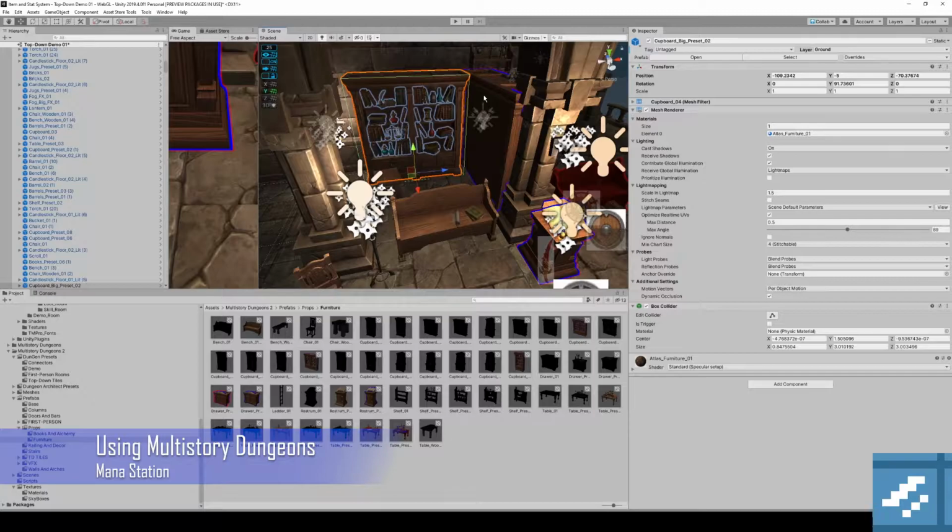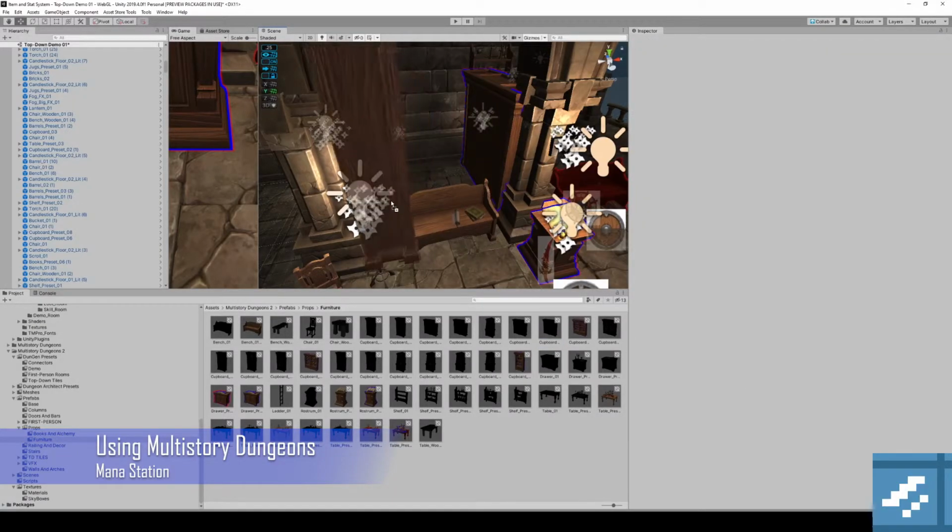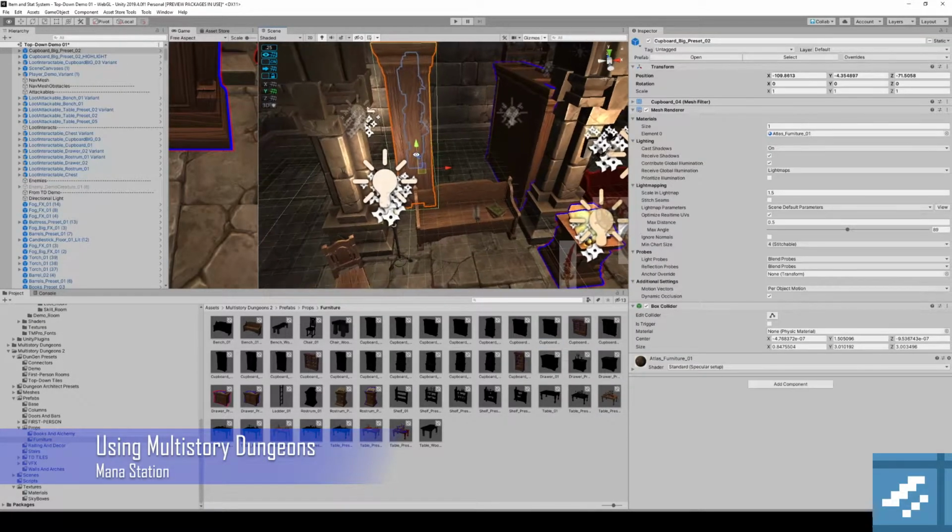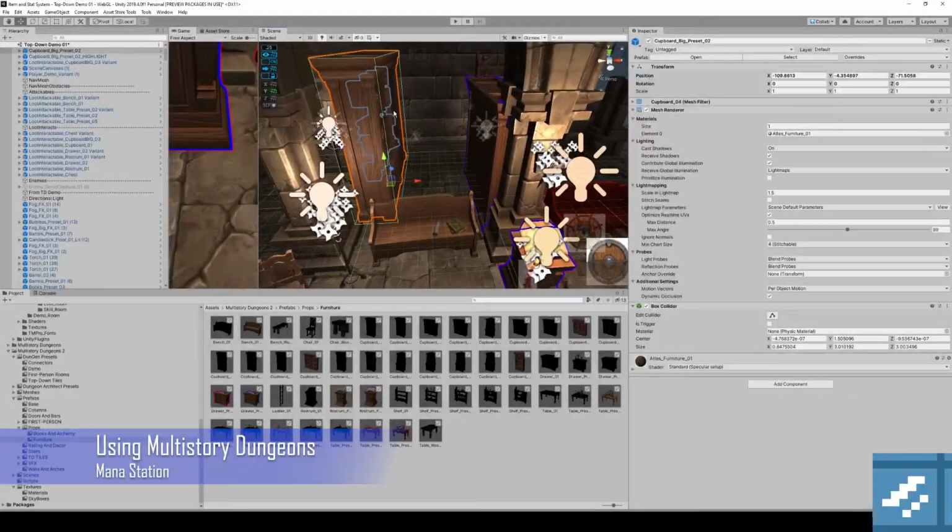I have this original cupboard big preset. I'm going to delete this one and drag this one in here, so I got a clean copy. All right, I got my two models, and basically all it does is switch between these two when you mouse over. So in order to do that, I've made over here in my prefabs folder,